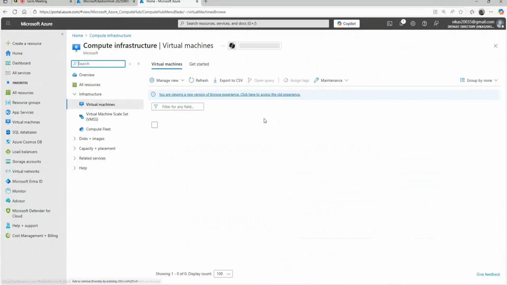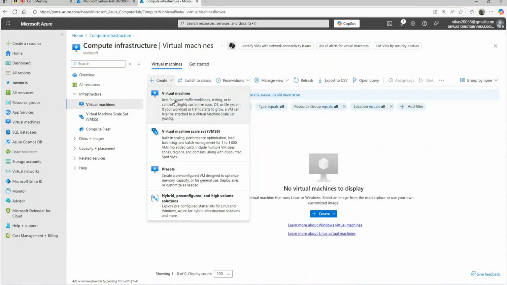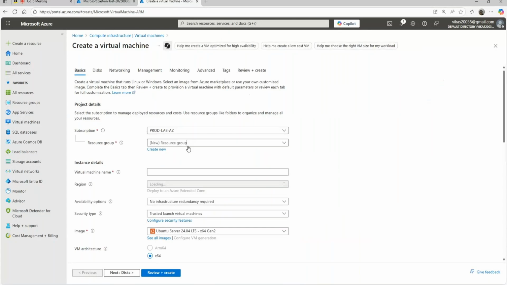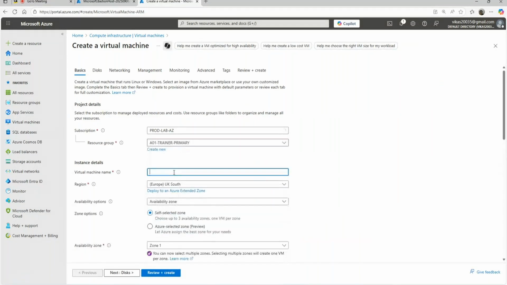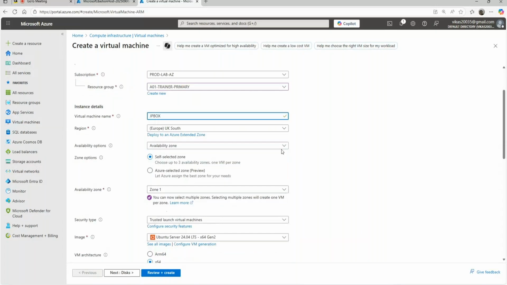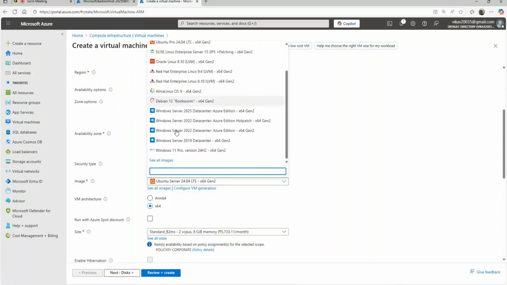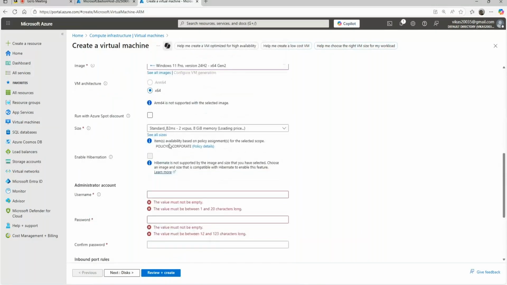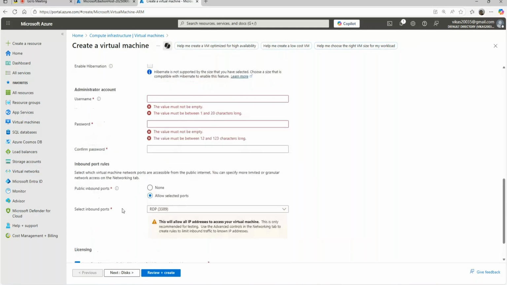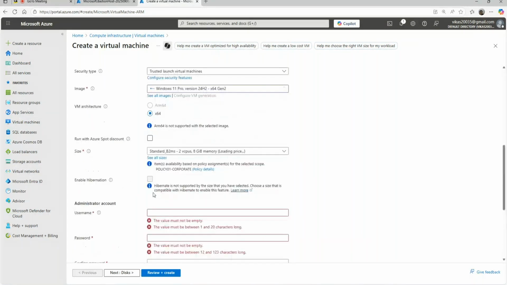So, virtual machine, create a virtual machine. Jump box, Windows 11, license agreement, username and password.